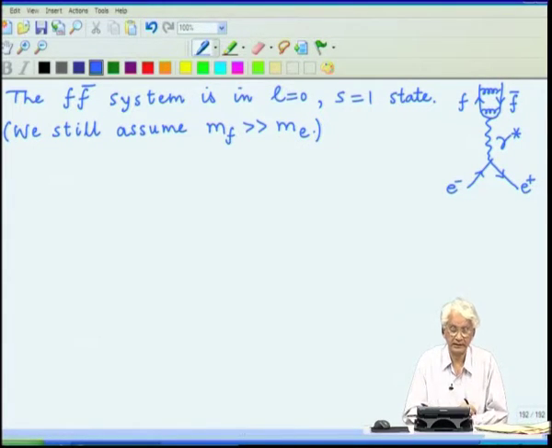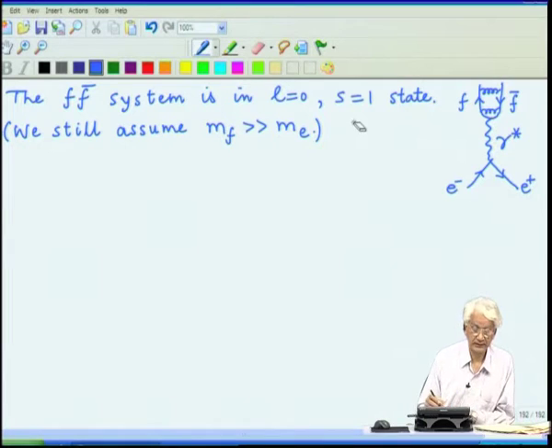So, the electron helicity rule holds to an excellent approximation, and then the spin state has S equal to 1, and this